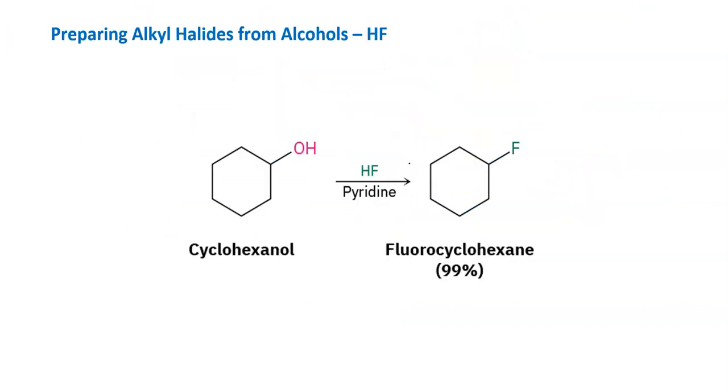Another way to make a halogen, we don't talk about fluorines a lot, but you could make an alkyl fluoride. Let's call this fluorocyclohexane, by hitting it with HF and pyridine, right? So you can make the big three so far. We don't do a lot with iodine just yet, but you can start making all of these halogens using just,